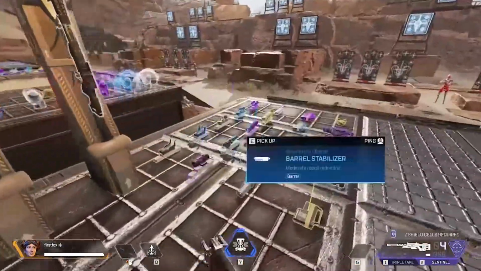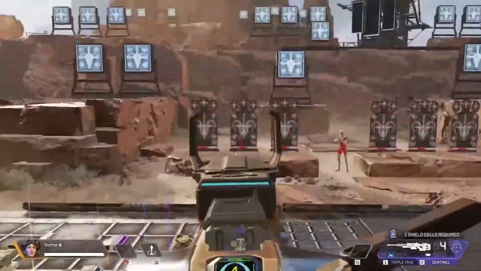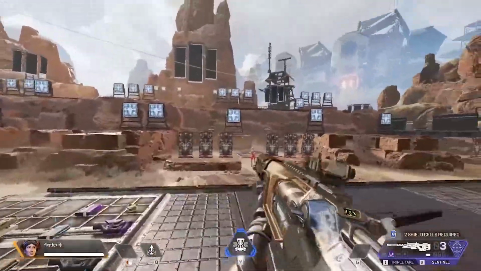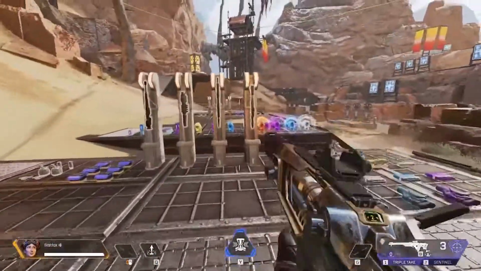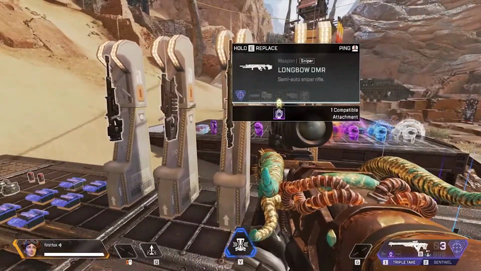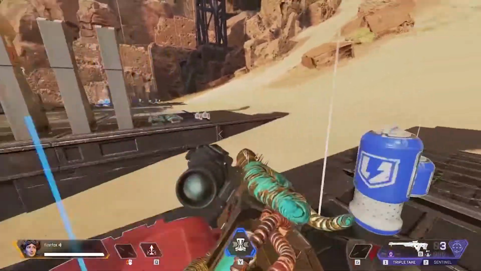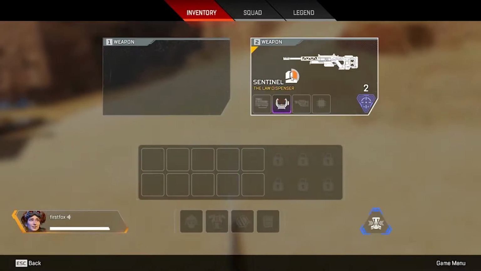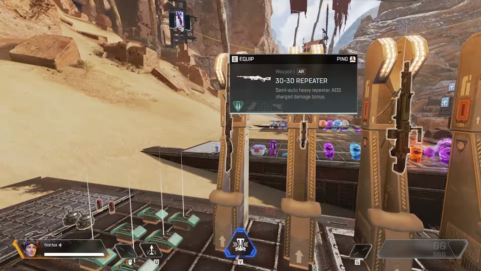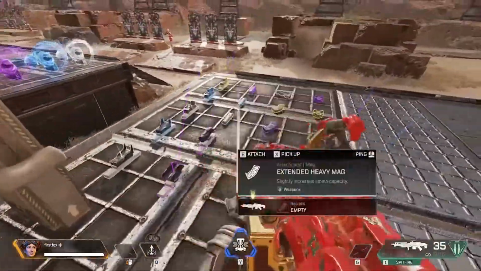If you got a Sentinel, best with a 2x or a 3x. Charging rifle you're never gonna use. Longbow, the best sniper in the game in my opinion. I got 30-30 that I never use. Spitfire, best with